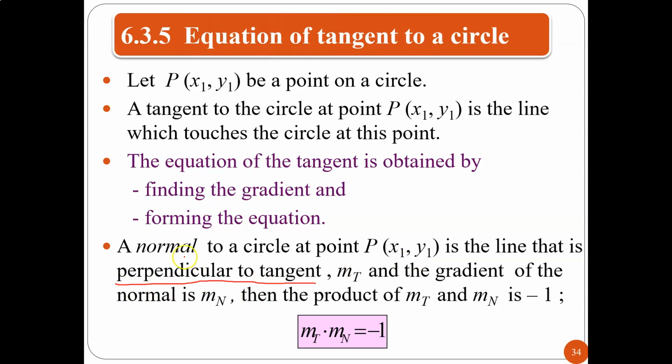Maksudnya, normal kepada circle tu, pada bulatan itu adalah satu garis yang mana berserenjang dengan tangent tu. Dia 90 darjah. Dia berserenjang. Perpendicular means it is 90